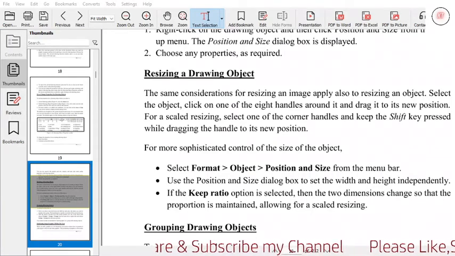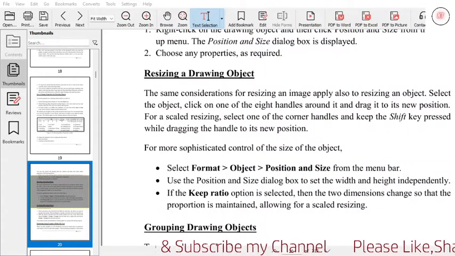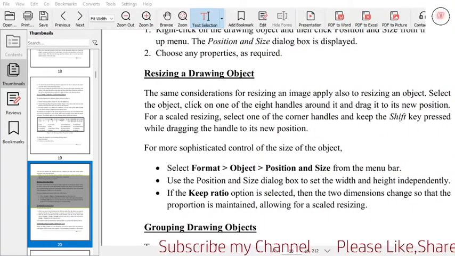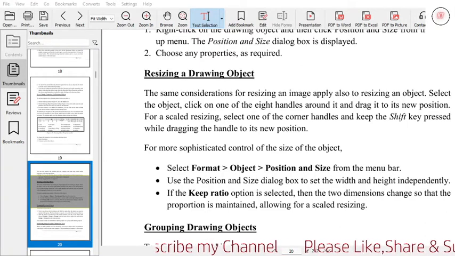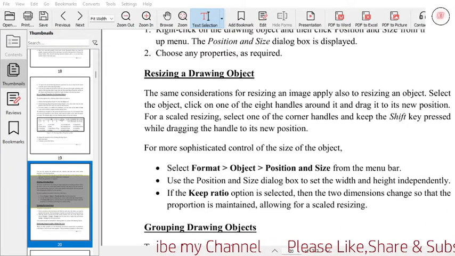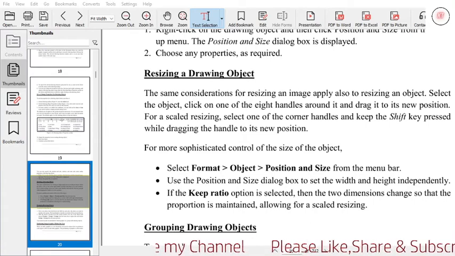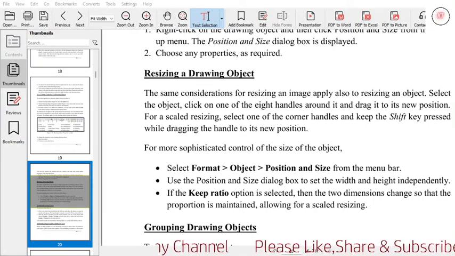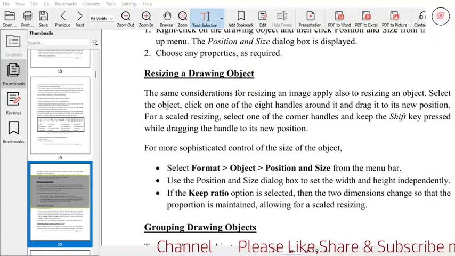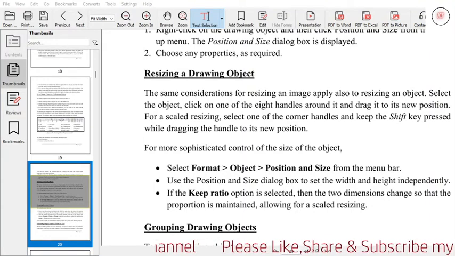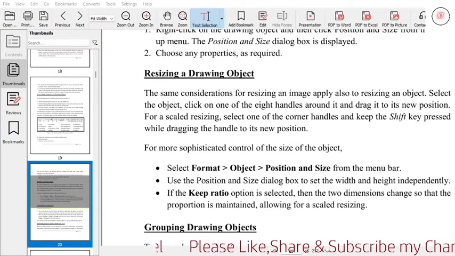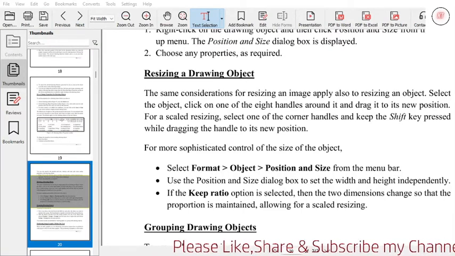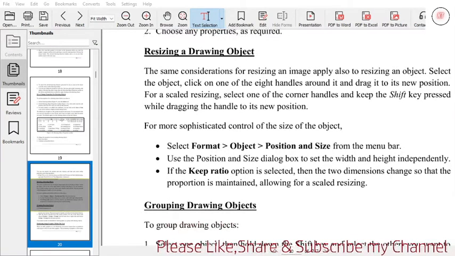From the Format menu we have to select Object, and from Object select Position and Size. Use the Position and Size dialog box to set the width and height independently. If the Keep ratio option is selected, then the two dimensions change so that the proportions are maintained, allowing for scale resizing.